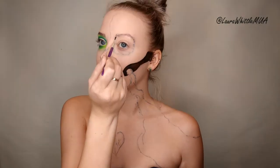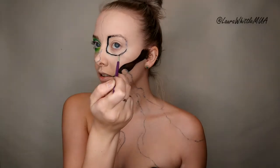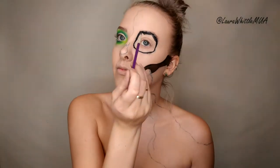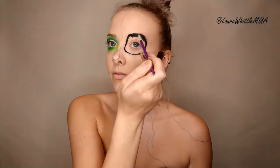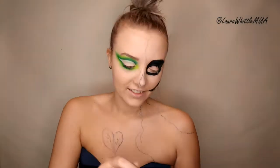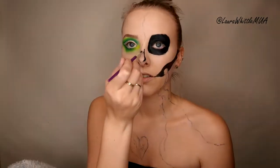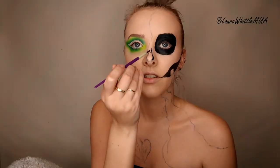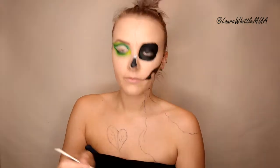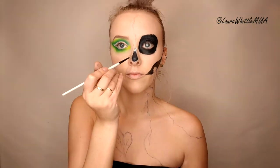Slowly darkening this to create more 3D hollow. Now we're using the same black paint again with quite a small detail paintbrush. These are just normal paintbrushes from the range for arts and crafts, and we're just filling in the whole of that eye socket with black paint. And then we're going in and filling the nose in too. If you make any mistakes like I'm about to do, it's fine. You can go in front with white paint, or even use a tiny bit of foundation on a little brush